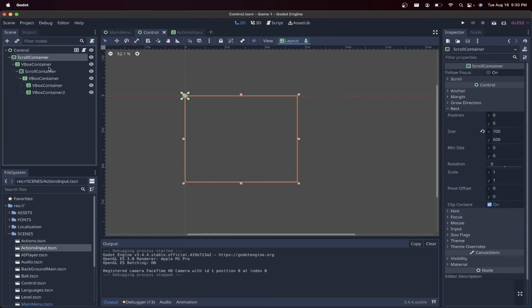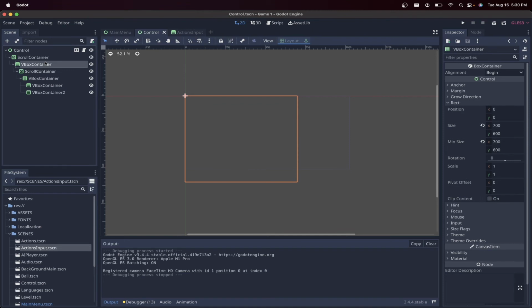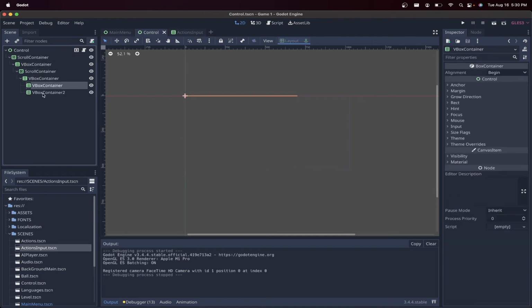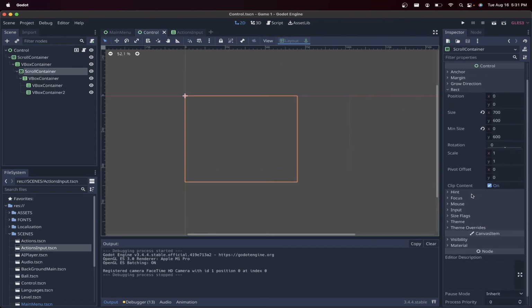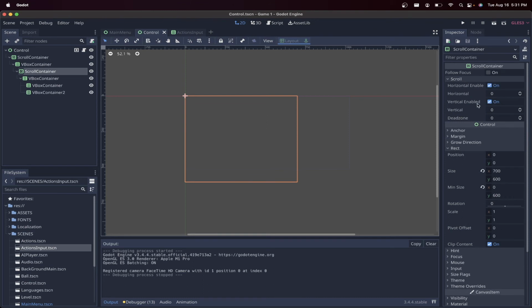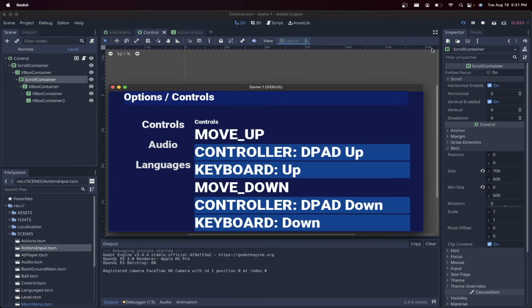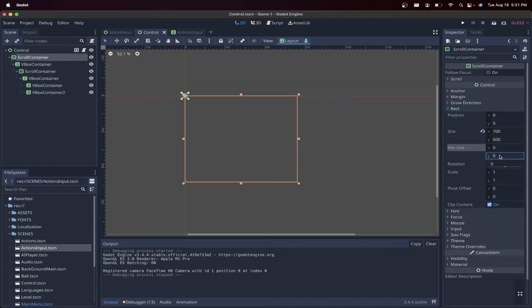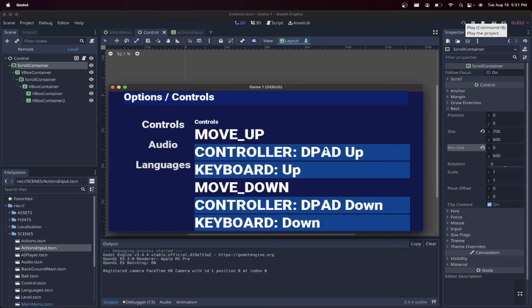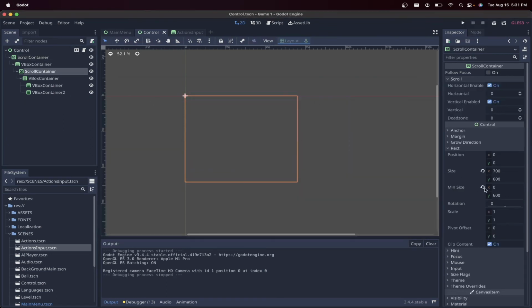And let's see. I believe one of these, I gotta see which one it is, but the scroll containers aren't working because one of these, I gotta look at my project, but one of them needs to be enabled to be able to further scroll down. Let's see, which one would it be? Would it be this one? Can I scroll down now? No, it's not scrolling down. But if I go here,